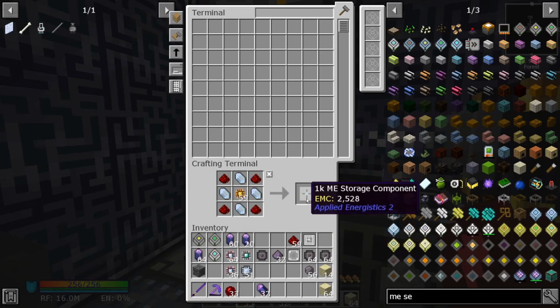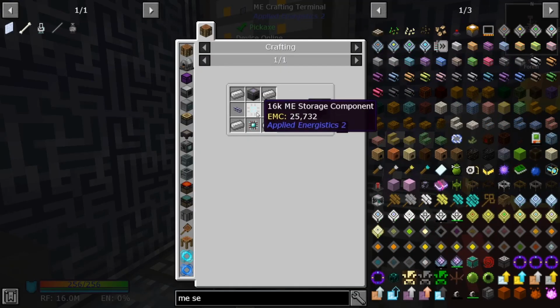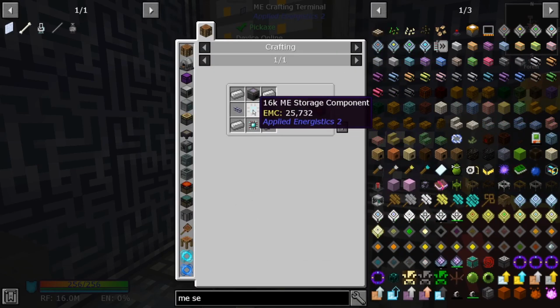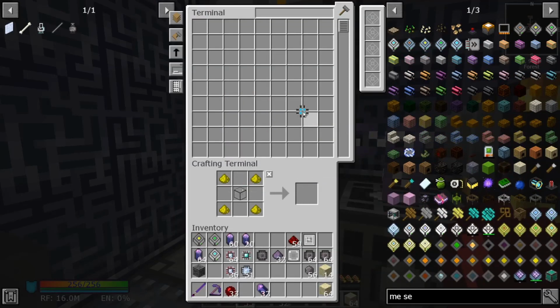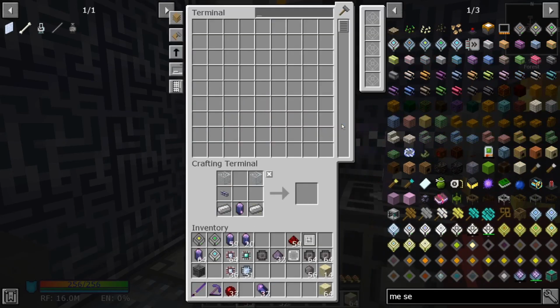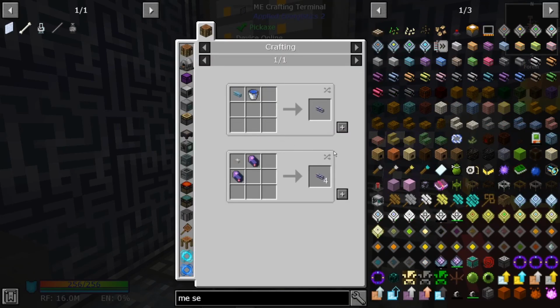And that shouldn't be too bad. There we go. That should be enough to make our 4K. And then we can go ahead and make our 16K. And then we need an ME chest. Do we have... Looks like we're missing some